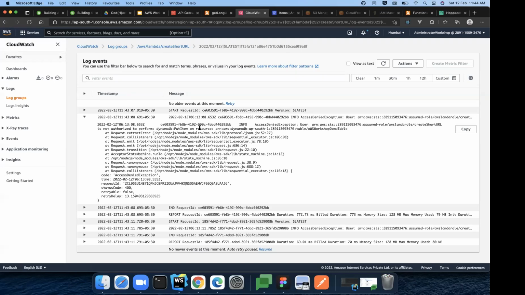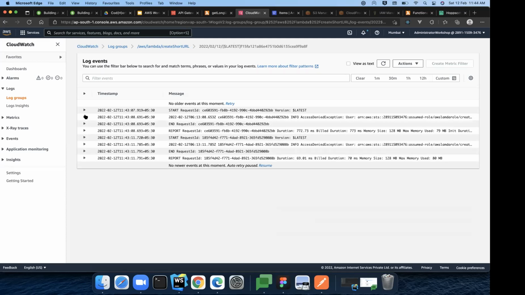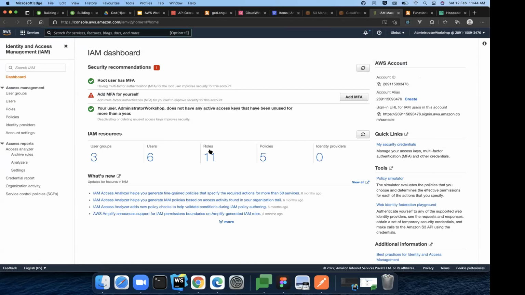But we had to add DB also. So let's say you are going to access any service within this code. You have to add that permission in the role that you have created. So go to the IAM, select the roles,